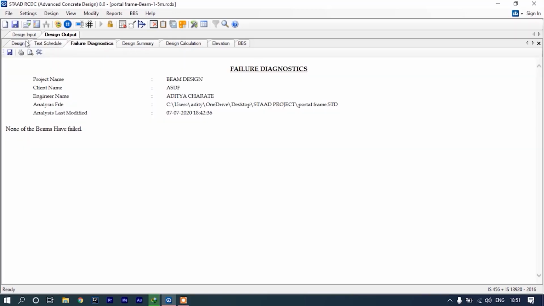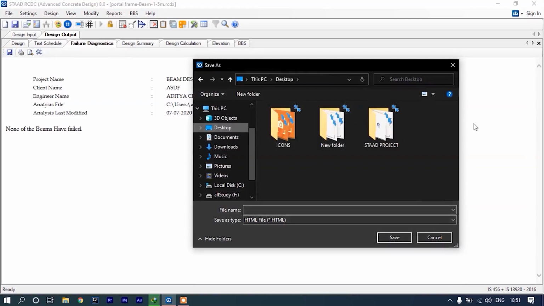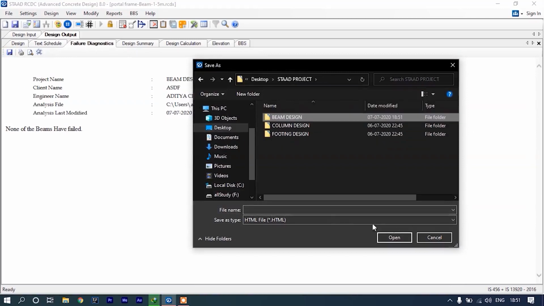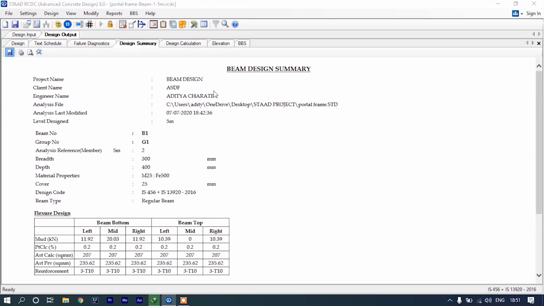Go to failure report. Now this report, go to your folder. Now these text reports are saved in XML files, so you can open them on any web browser. Go to design summary, you can also save it.